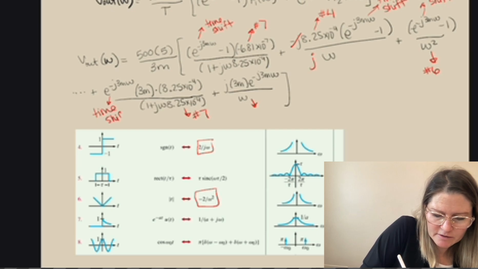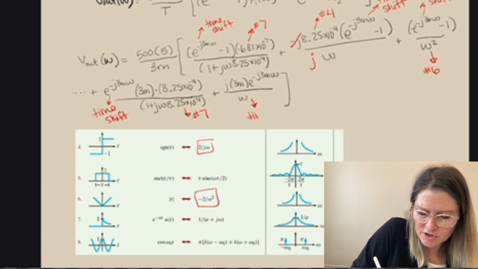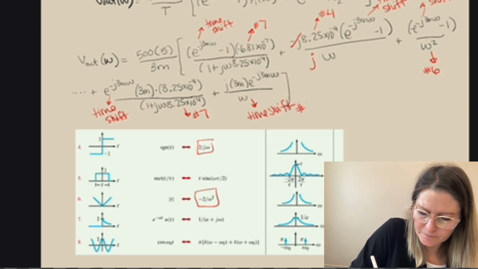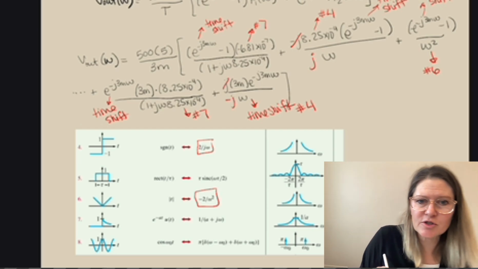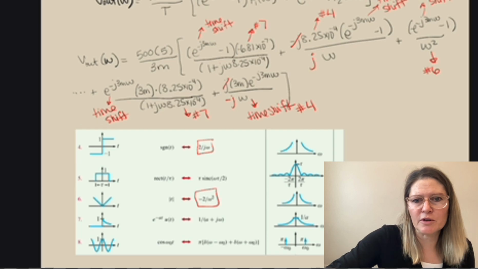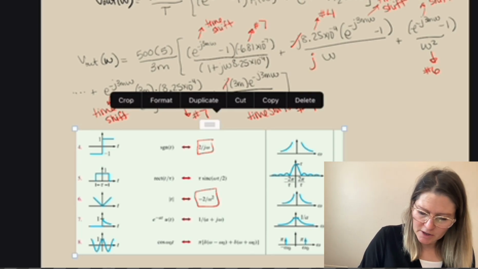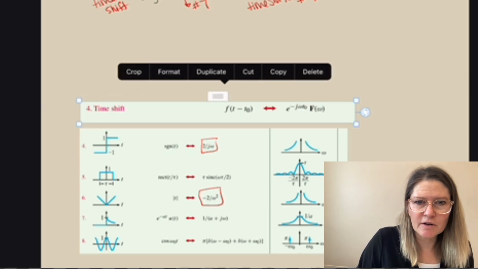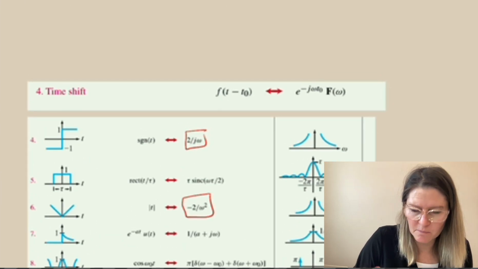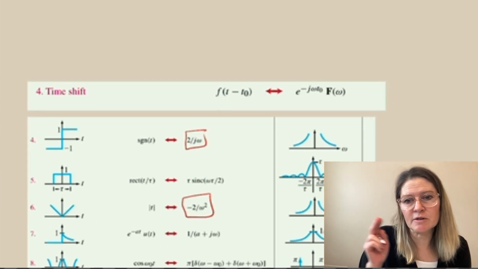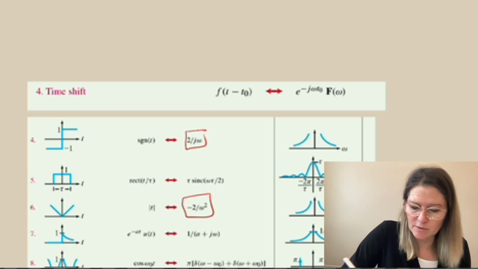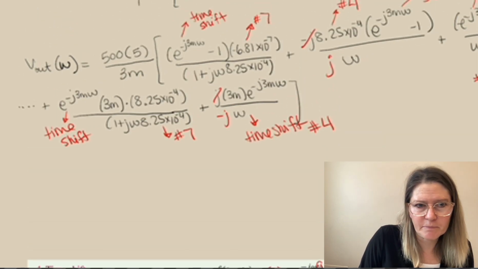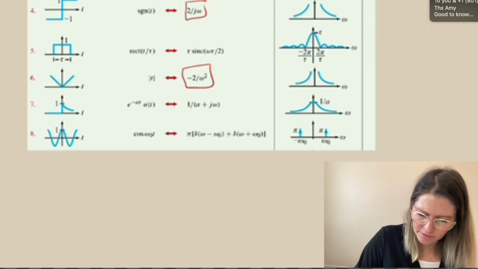So time shift here. And then this will be a time shift of number, let's see, omega was number 4. And again, this becomes a minus j in the bottom to match up with the table. And so from here, the time shift, when I have that, just goes from f of t to f of t minus t0, which t0 will be the value in the shift here. So as I plug those in,